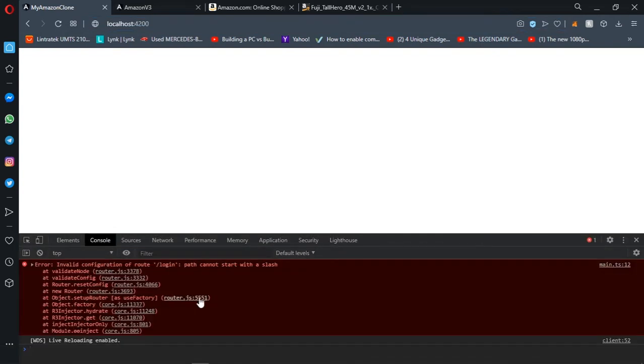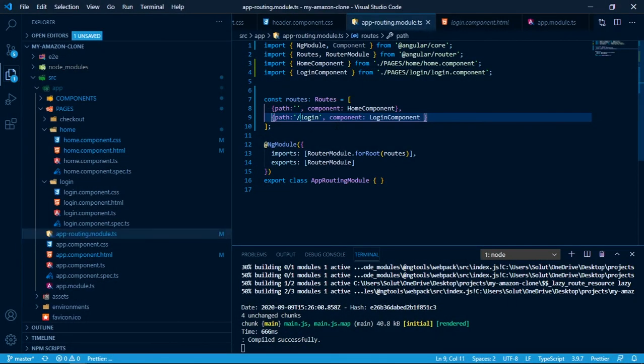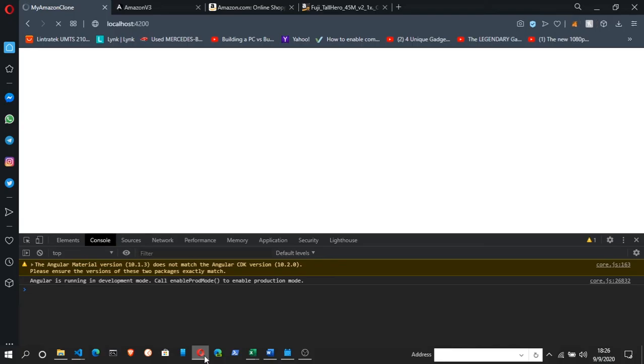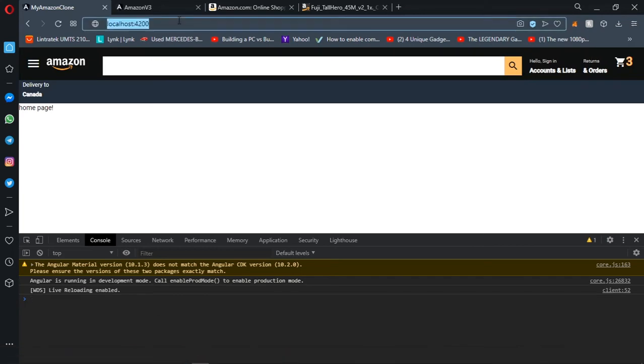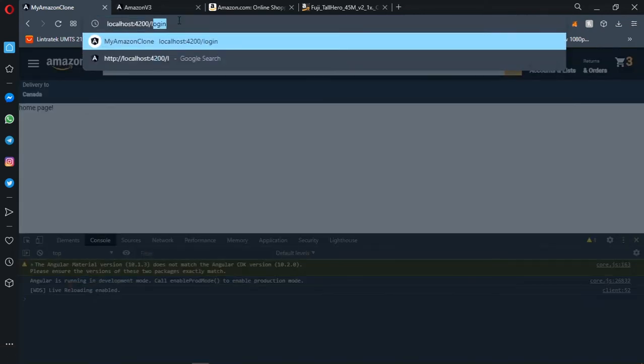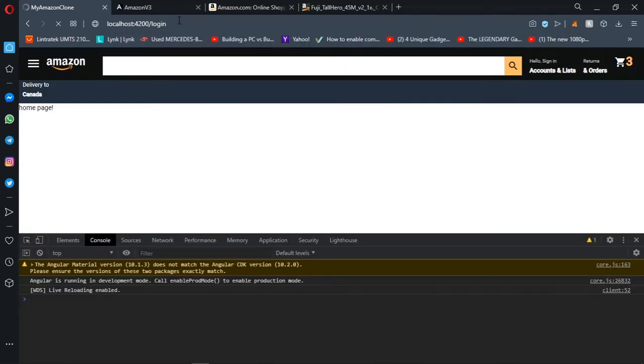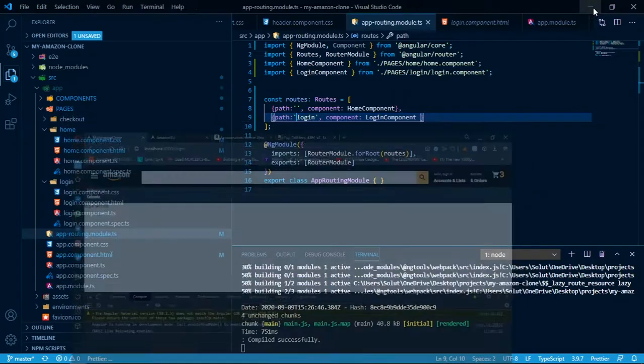What's it saying? You cannot start with a slash. You don't need to put the slash here. You just need to put the name of your root. So if you go now to the login root, it's showing login works. Let's add the last one,